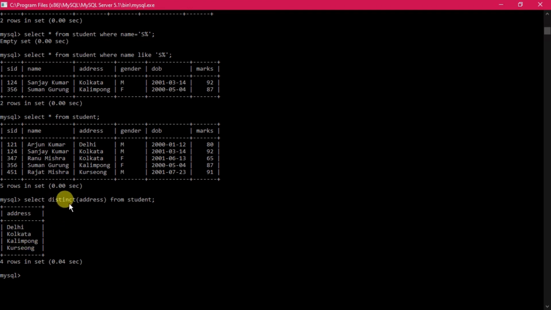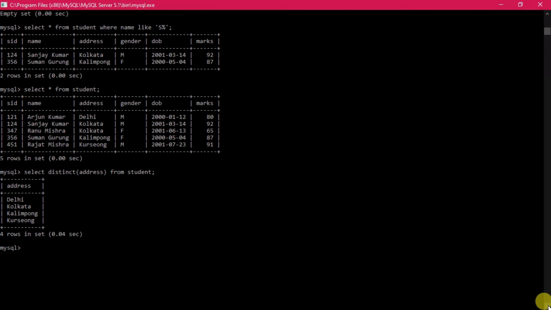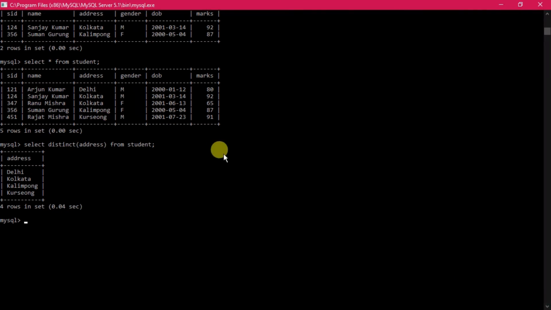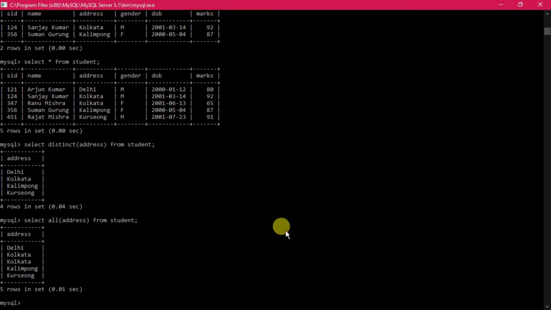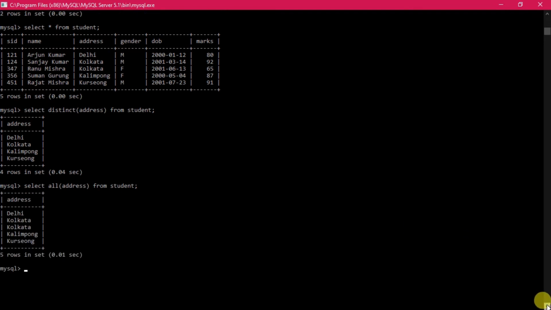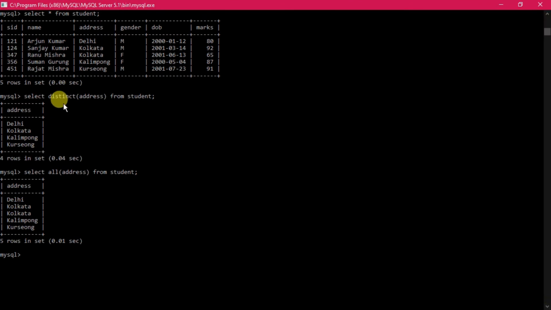So the distinct clause will display all the records which are unique. Duplicate records will not be shown. The opposite of this command is all. If you give all, then it will display everything. Check here with all. You see, that is what I was explaining, the difference between distinct and all.